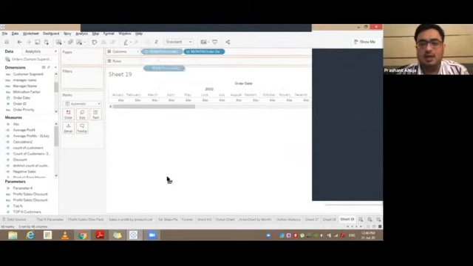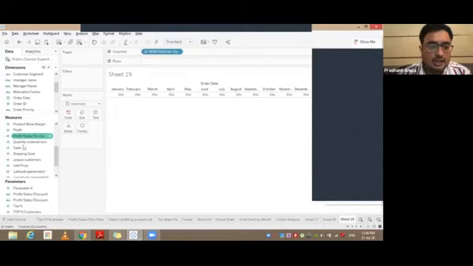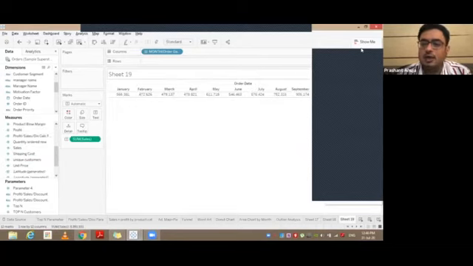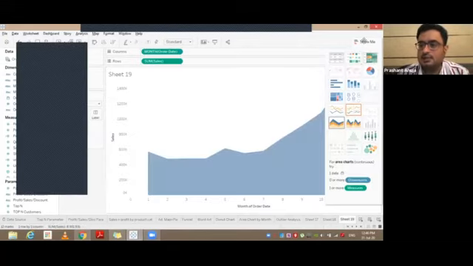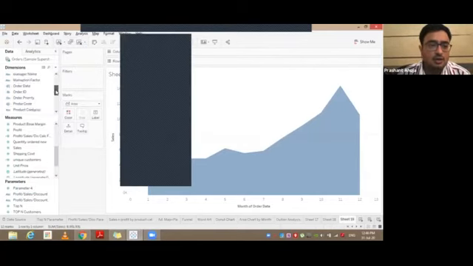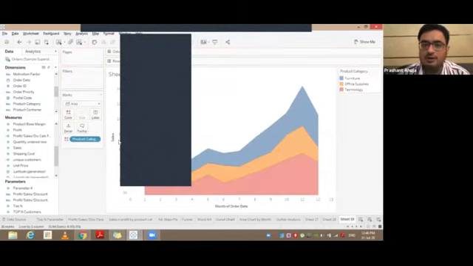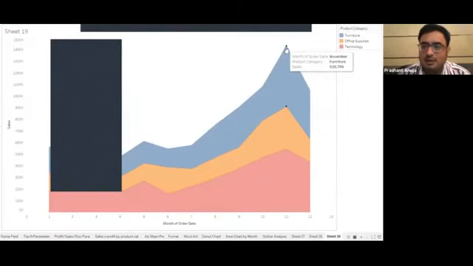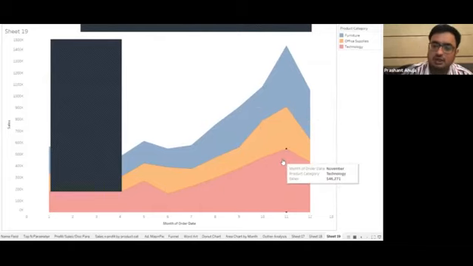So let's do it by month, and then we'll see the sales by month, and then let's choose the area chart. It's a simple chart which shows you from 1 to 12 months how the sales have been. If I want to see the sales for all the product categories, I'll simply put the product category into color. That defines the three product categories in three different colors and shows me that the furniture sales really spiked in the month of November, while this month was usually slow for all the categories. This was the highest selling month, and probably technology did the best here.